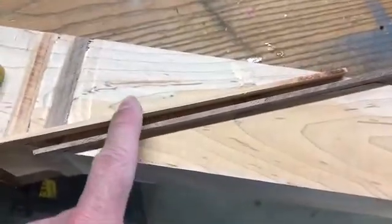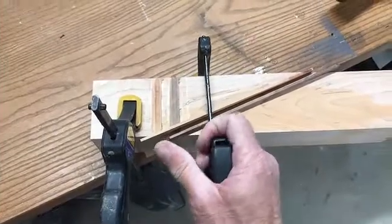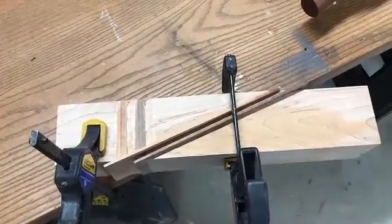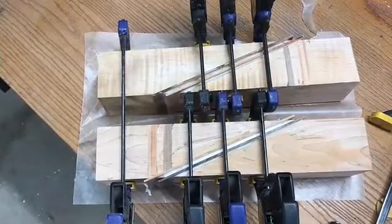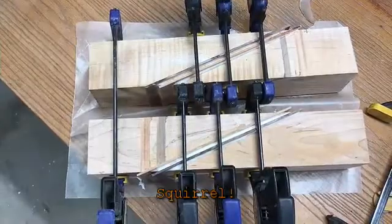I have to put glue on them first and then get them in place, and then use a couple clamps like this to tighten them up. I will show you that as soon as I get it glued up. This is what it looks like with 2 of them glued up and the pieces inserted into it. Again, if you look on the side over here,